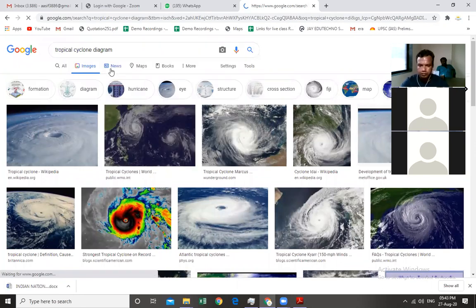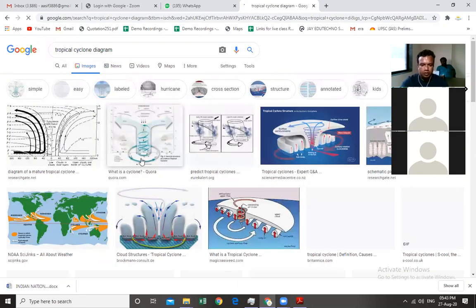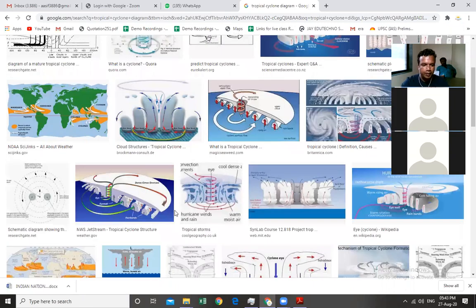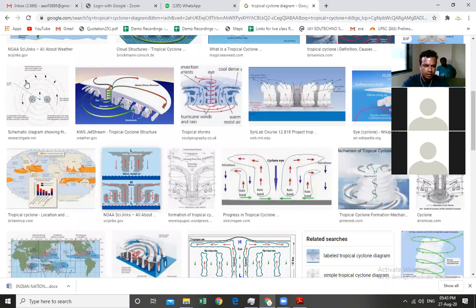The subtropical high pressure belts. Yes, the region between the Tropic of Cancer and the Tropic of Capricorn is called the tropical region, and such cyclones are created in the tropical region, and that is why they are called tropical cyclones, right? Now here you can see an image of the tropical cyclone, how it is created.